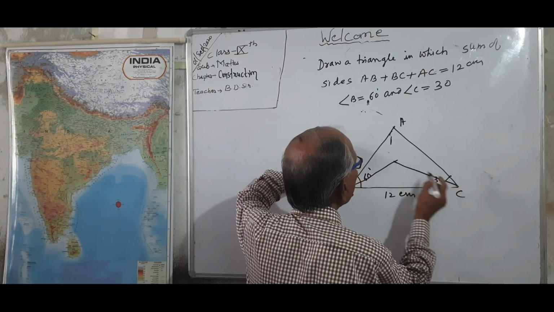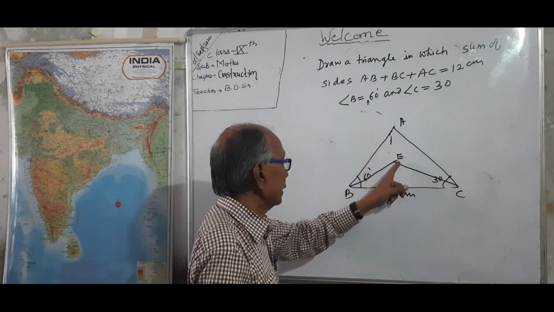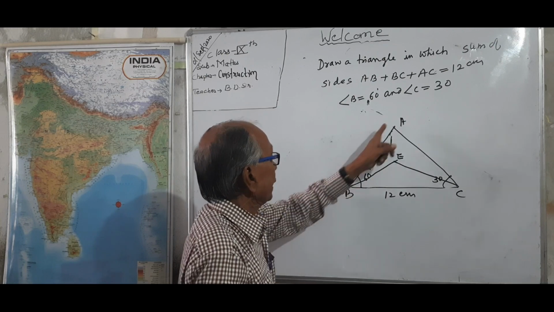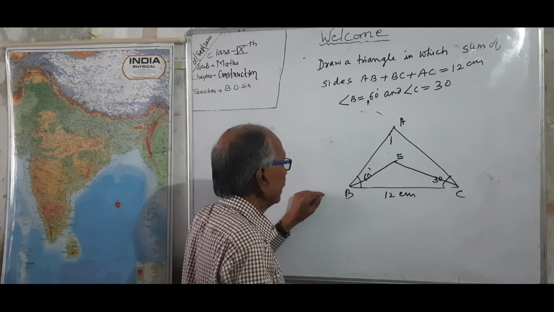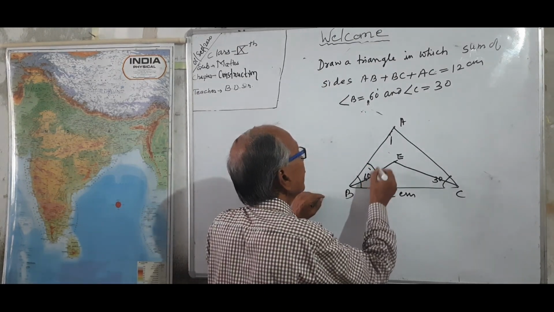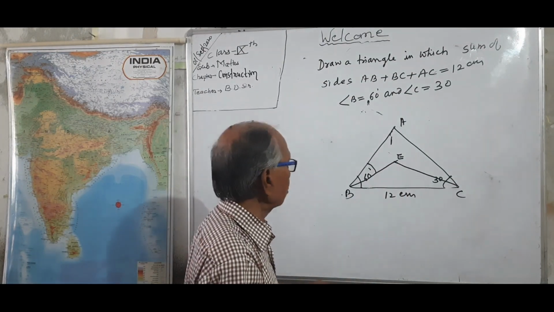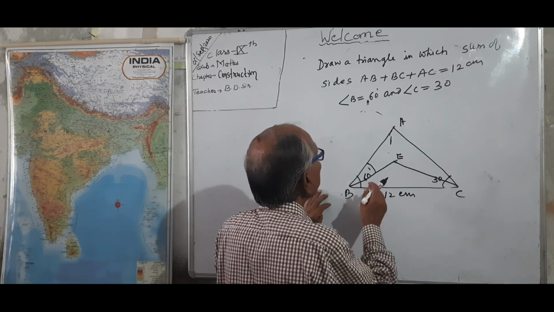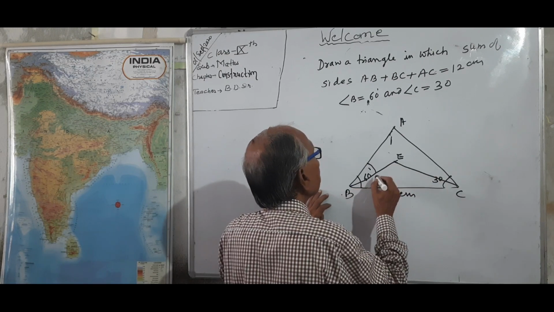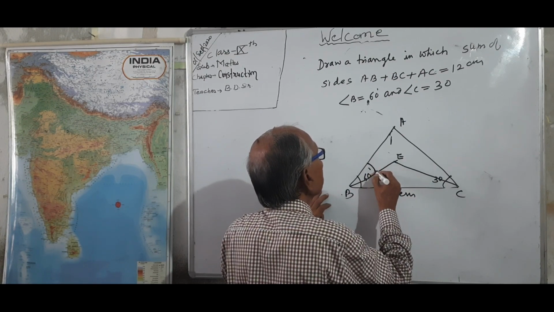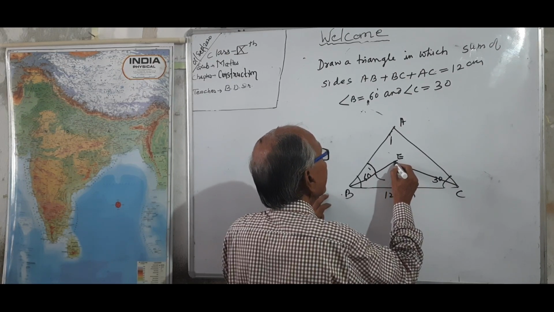These two bisectors cut at, suppose, E. From E we draw a line parallel to AB. For this we have to draw an alternate angle which will be equal to angle ADE. We all know how to draw an angle equal to an angle, but on the opposite side of B, we have to draw an angle which is equal to the angle ABE. Suppose this is the angle. And we join the line.